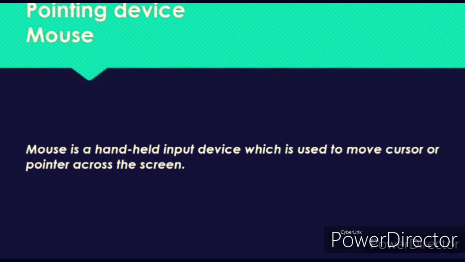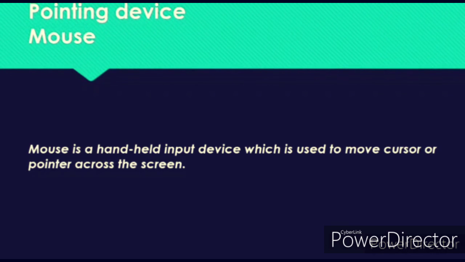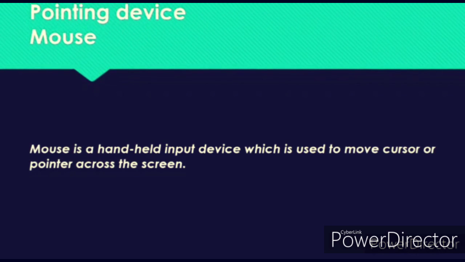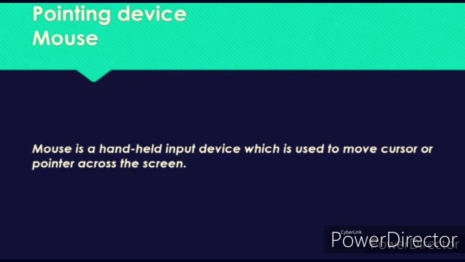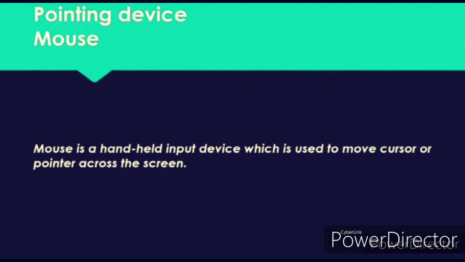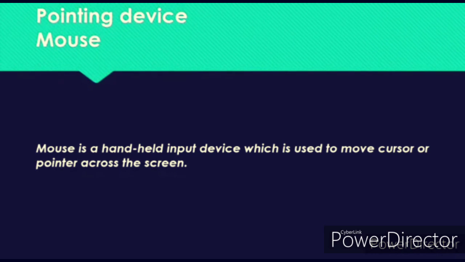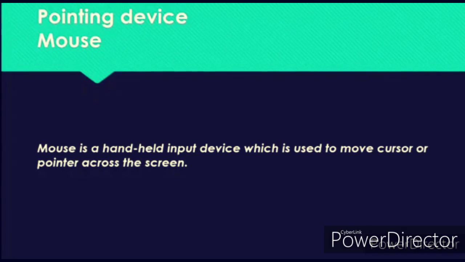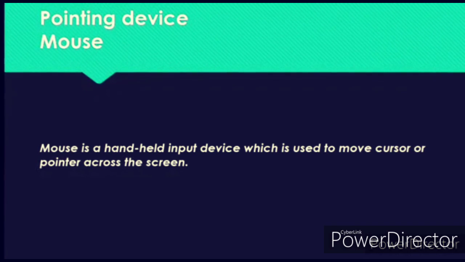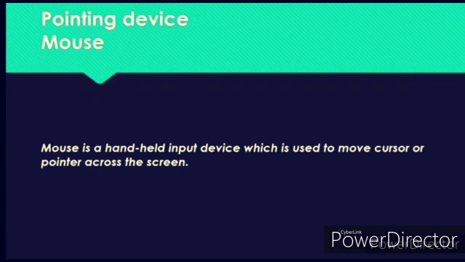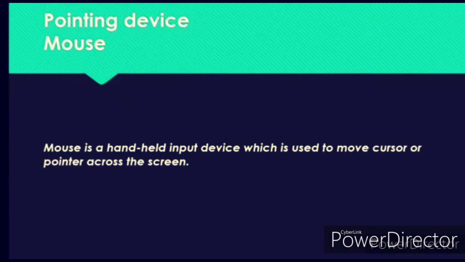You all have seen the mouse, so it is very necessary that when you are using the mouse, the surface should be flat. The rollers on the bottom of the mouse are used to record the direction of the movement of your hand, that is, in which direction you are moving your mouse. It can be recorded by the wheels which are present at the bottom of the mouse. Now, the mouse can also be of various types, which we will study in our next class.